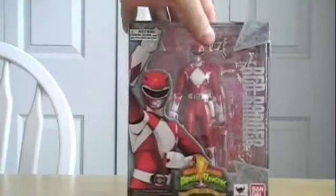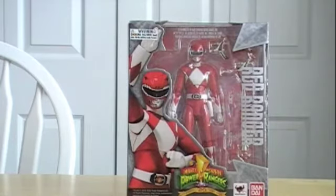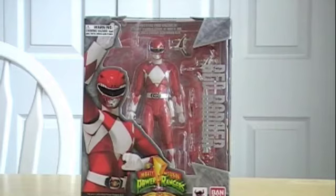Celebrating 20 wonderful years of Mighty Morphin Power Rangers, Bandai, Tamashii Nations, and Bluefin Distribution have given the American market, for the first time, SH Figuarts of the Mighty Morphin Power Rangers. And starting things off, we have the courageous, stoic leader of the team, the original team I should say, Red Ranger. Now for those of you who don't know exactly what an SH Figuart is, well, it's a new standard